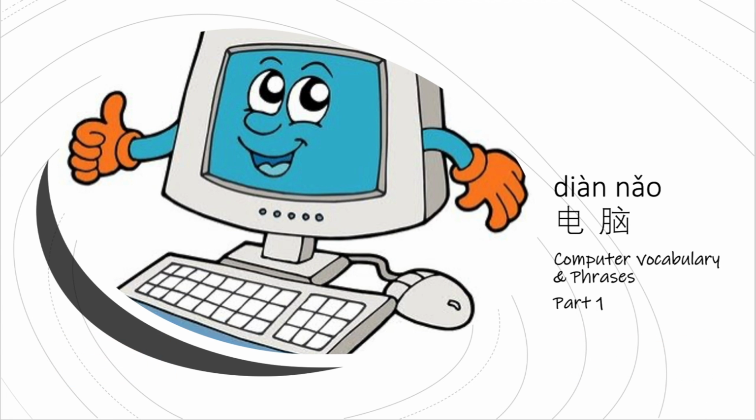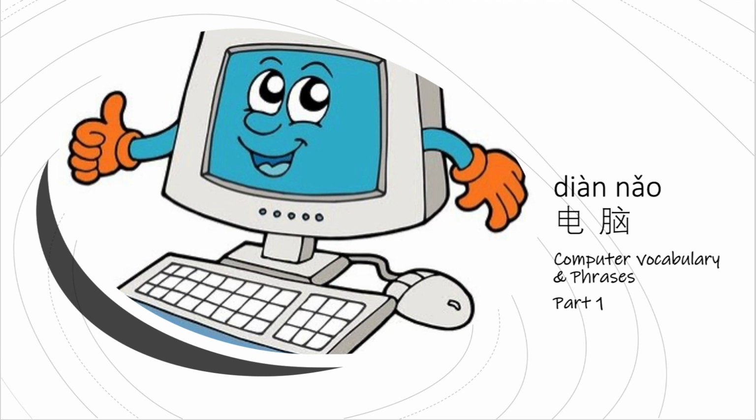And let's get started. So first, to simply say computer, we can call it 电脑. 电 literally means electronic, electric, or electricity. 脑 interestingly means brain. So we believe that computers are basically electronic brains that can think for us and compute for us. Once again, to say computer, it is 电脑.